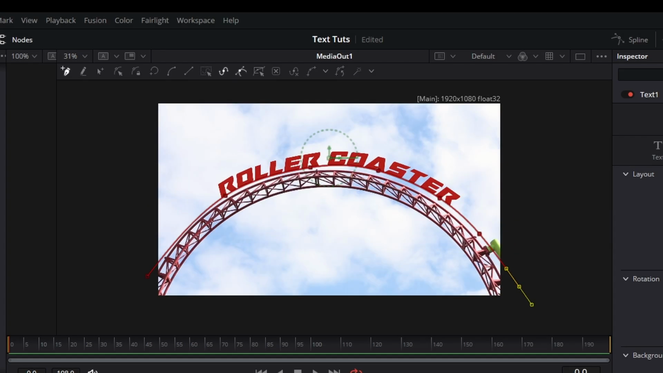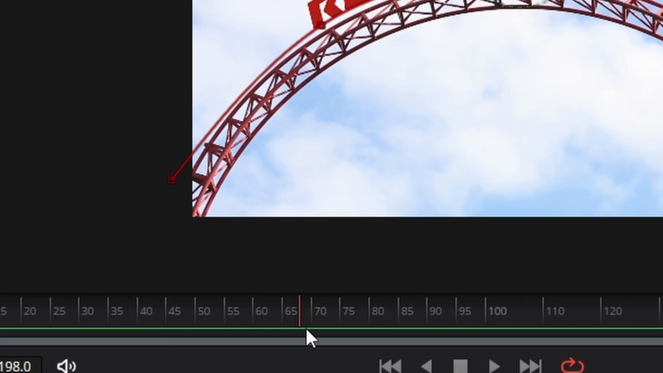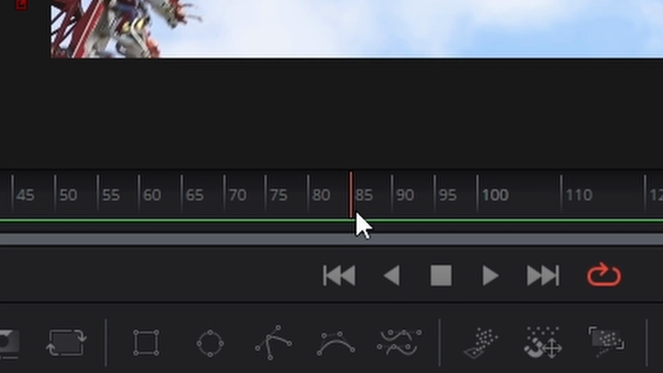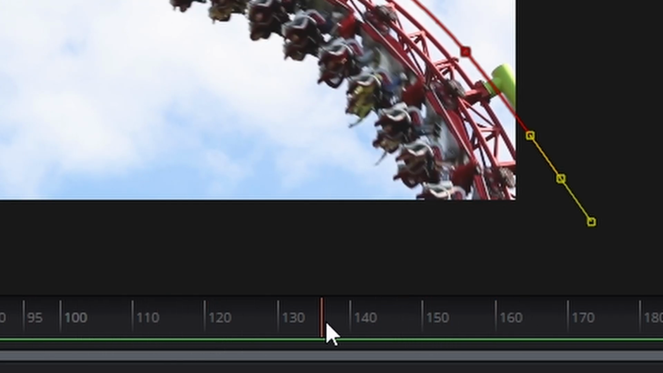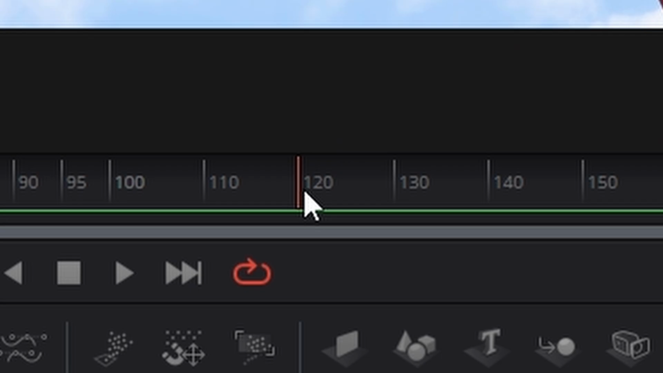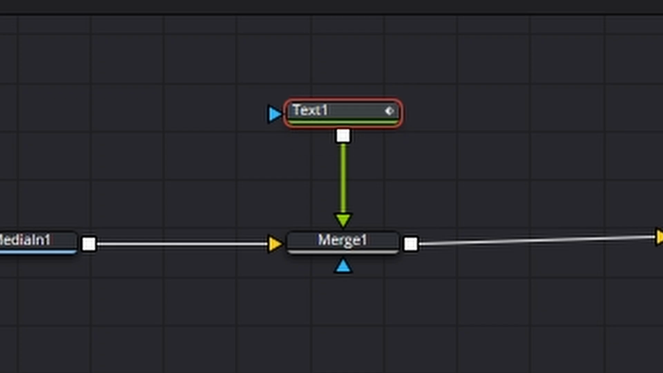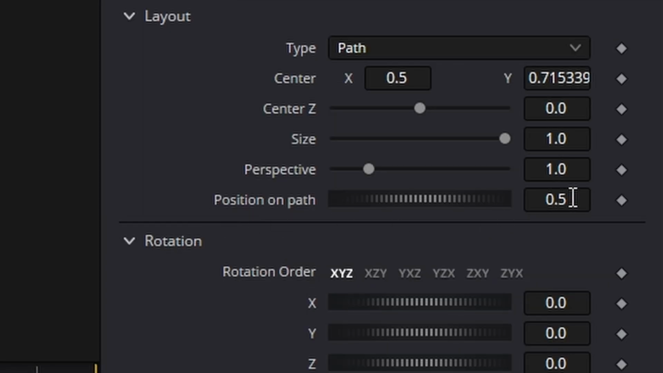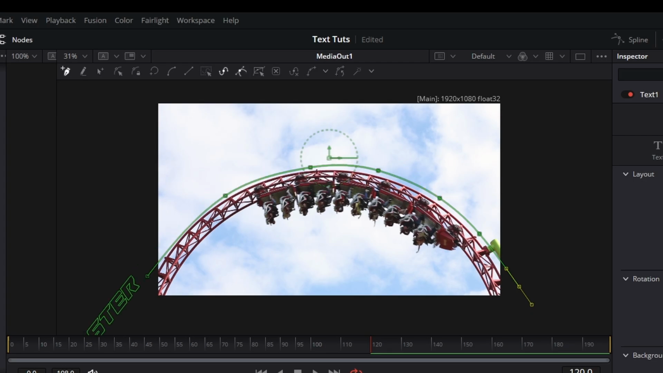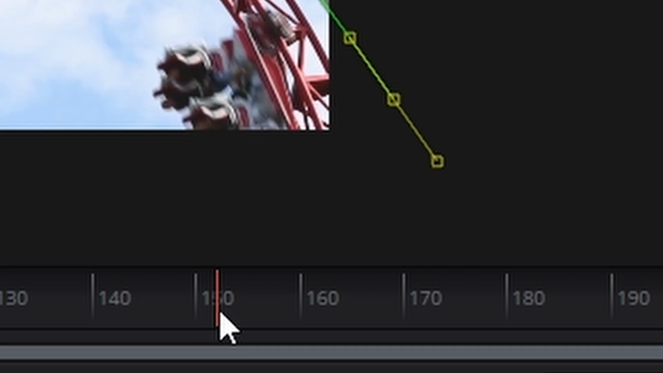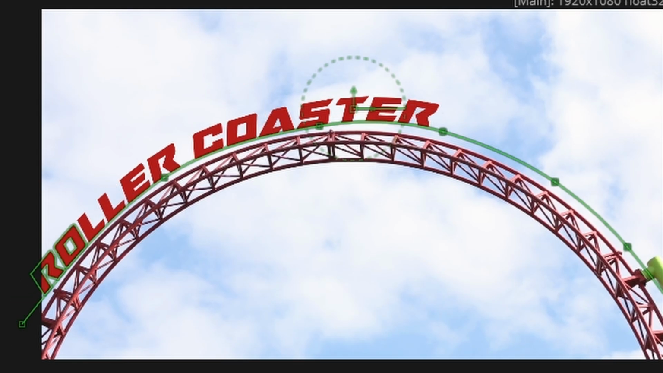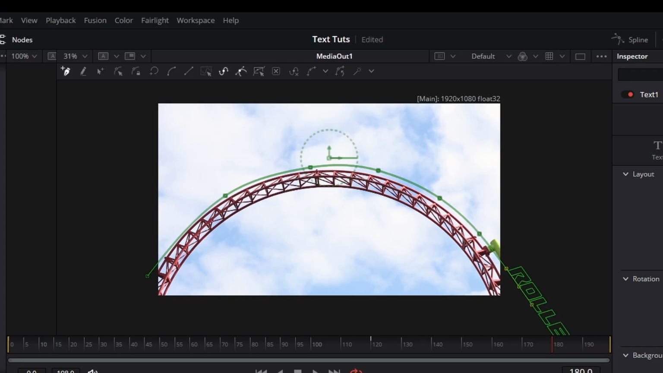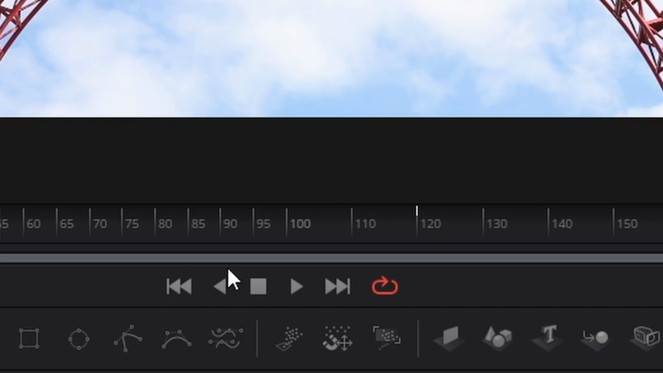Right, to animate it, what we're going to do is find out when our roller coaster comes in, which is around about frame 85. And the roller coaster finishes at about frame 160. So we'll go to say frame 120, clicking on our text, on our position on path, we're going to make a keyframe there, and we're going to pull it back. Then we're going to go through to frame, say 180, and then we're going to move it along its path like so. And now when we play that back,